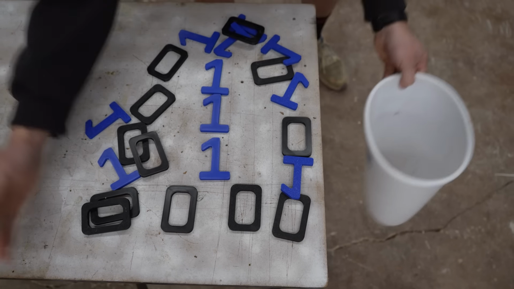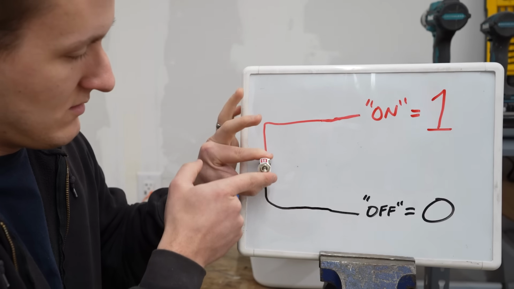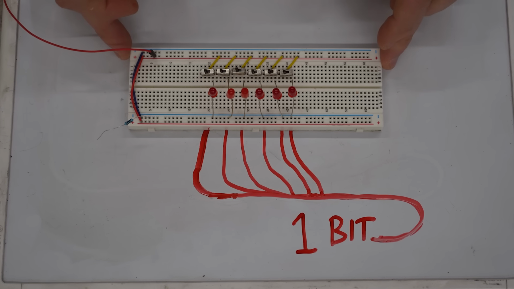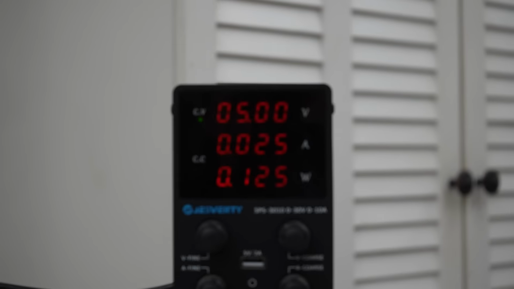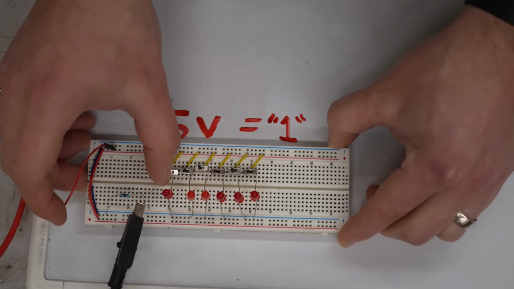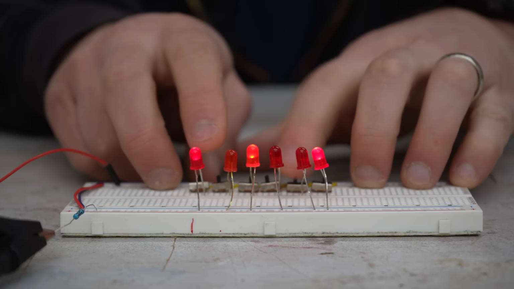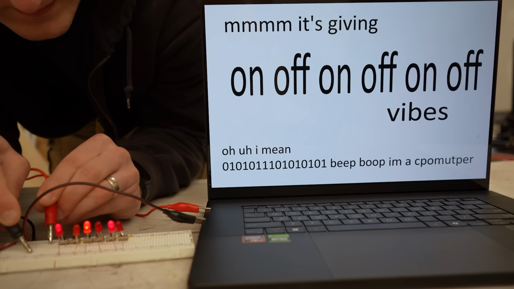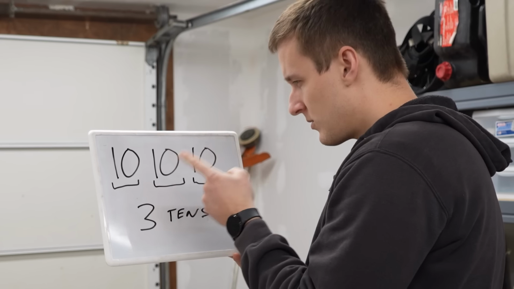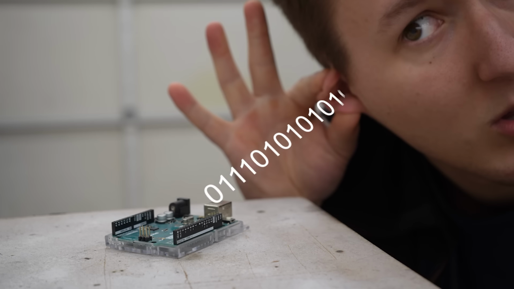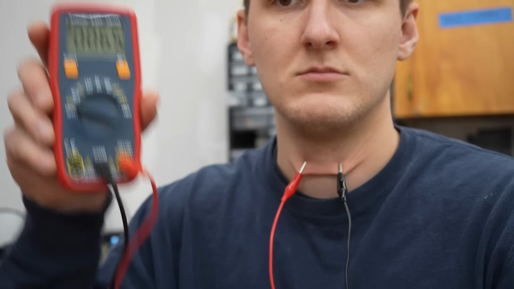Of course, bits aren't actually 3D printed 1's and 0's, and instead have an on-again, off-again type relationship like your mother and me. Let's say these LEDs each represent 1 bit of storage, and they each require 5 volts to turn on. When the LED is off, that's 0 volts. When the LED is on, that's a bingo. So when the LEDs are lit up like this, the computer reads the memory block as on, off, which is equivalent to saying 101010 and reminds me of something I'm forgetting. Therefore, if I want to engage in robo-speak with the computer, I'm going to need some way to make my voice capable of outputting 5 volts.